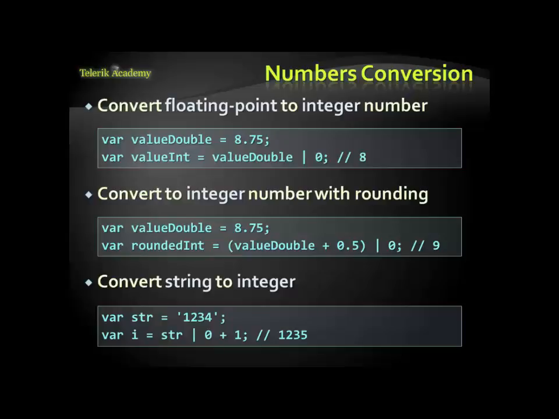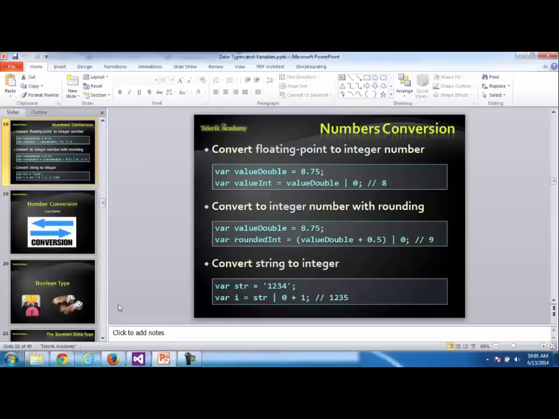The same goes if you take a number string and concatenate it to some string which doesn't contain a number, it will be converted to a string. So this is also a way to do it if you want to mess with somebody's brain. But that's not the best way to convert numbers into strings or strings into numbers. The right way to do that